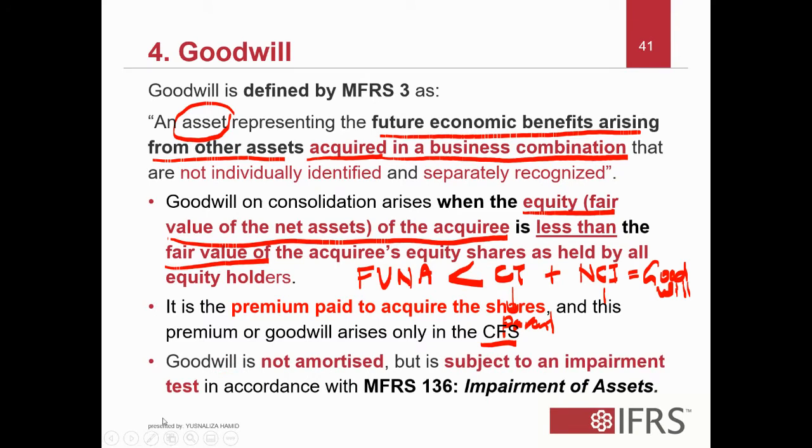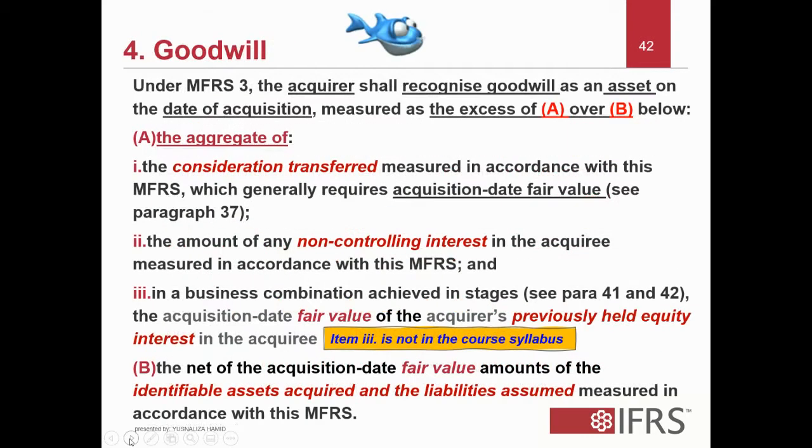Goodwill will not be amortized. That is not allowed under MFRS 136. It is only subject to an impairment test under the provision of MFRS 136 impairment. So under MFRS 3, the acquirer shall recognize goodwill as an asset on the date of acquisition if